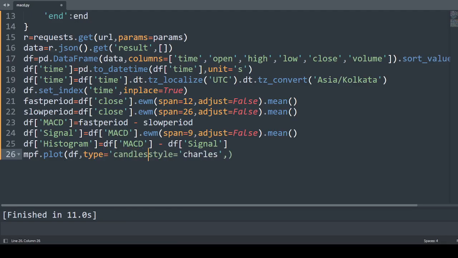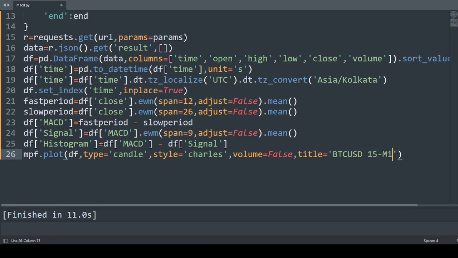So this is, and this is my favorite, the style charts. Because you will get a dark kind of green and red candlestick. So I think this is great, you should go with it. And volume as of right now we'll try to keep as false, and the DF already has an index set, so that is important, and the time is in IST, Indian Standard Time. So volume equals false, and the title will be easy, BTC USD